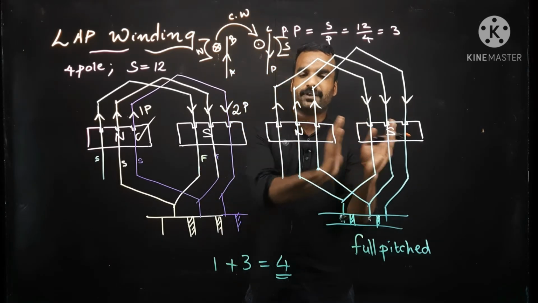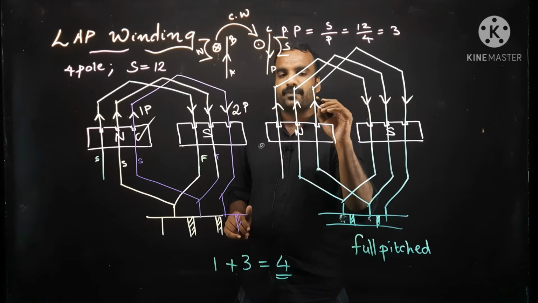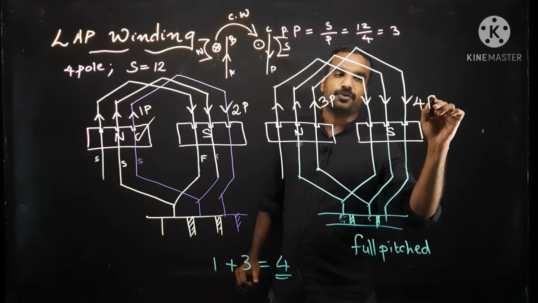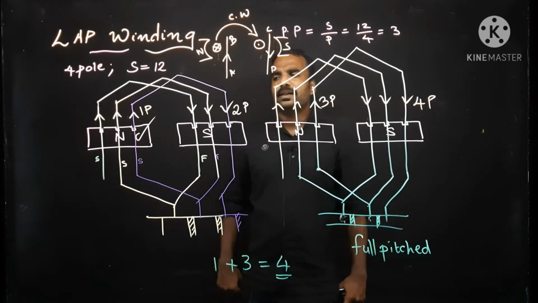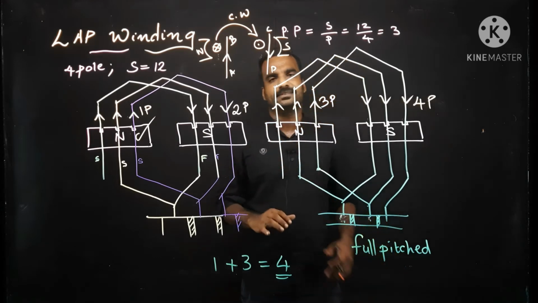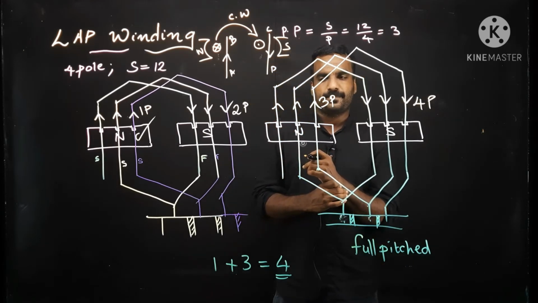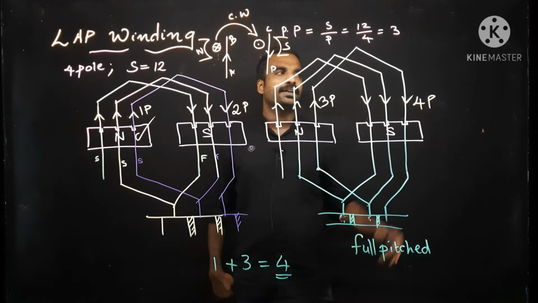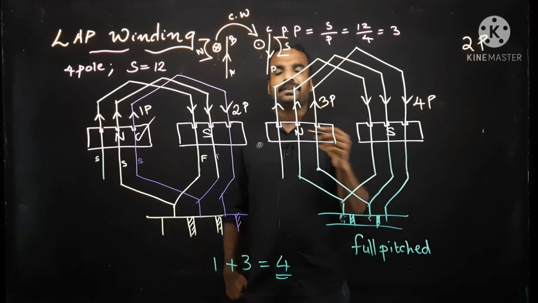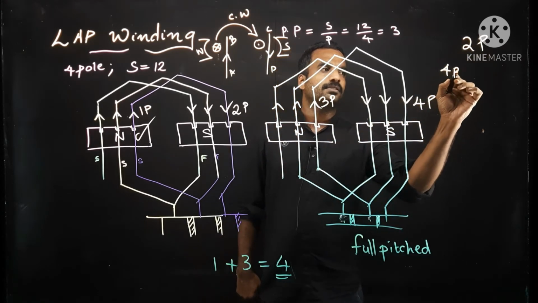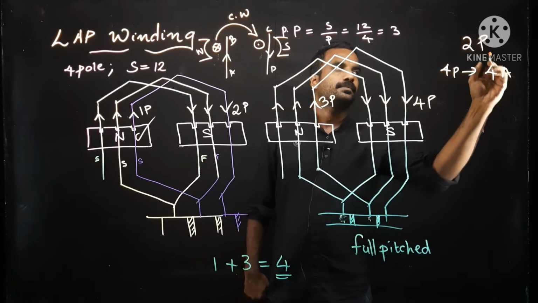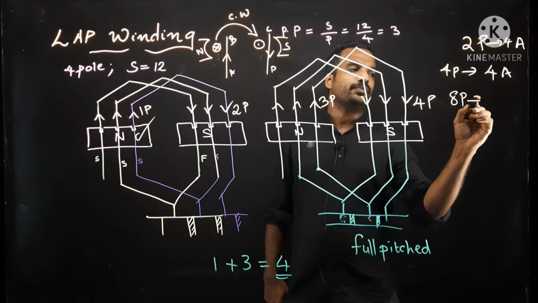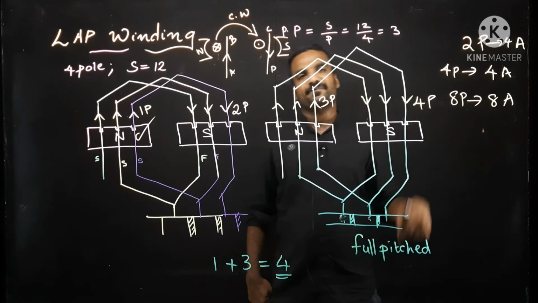Again, this is different. This is in between a different pair of poles. So for this one, you have to count another parallel path, third parallel path, and this one as fourth parallel path. So you will get 4 parallel paths in this system. Suppose you are having only 2 poles, what happens? You will get 2 parallel paths. In this example, we are having 4 poles, so 4 parallel paths. A is the notation for parallel paths. Suppose it is 8 poles, you will get 8 parallel paths.